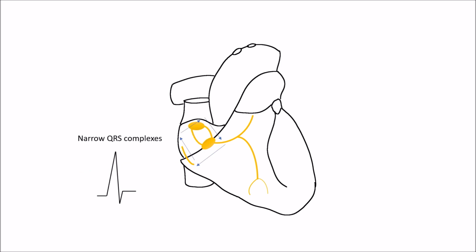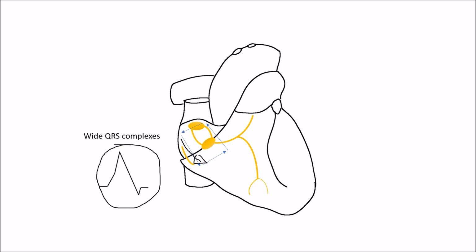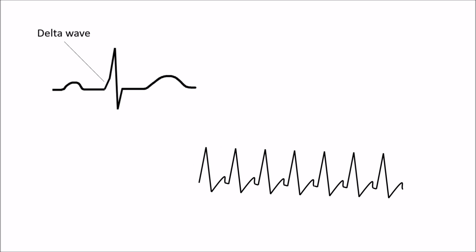If the circular excitation uses the AV node to enter the ventricles, the QRS complexes in the ECG are narrow. However, if the additional conduction path is used to transport the electrical signal into the ventricles, broad QRS complexes are seen in the ECG. Above left, a typical delta wave is shown. Patients with a WPW syndrome classically show such an ECG in the asymptomatic phase. On the other hand, in the lower right you see the tachycardic form with narrow QRS complexes.